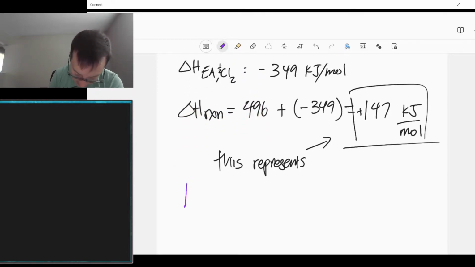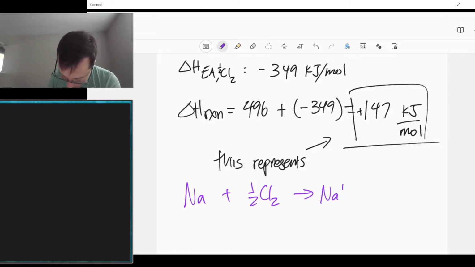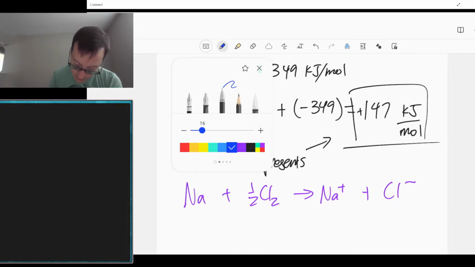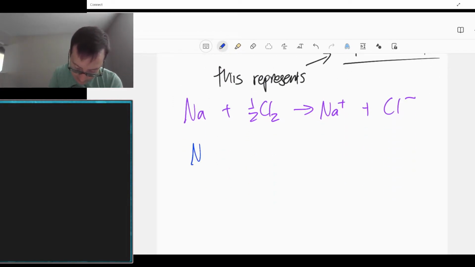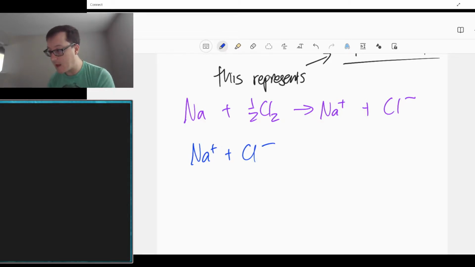The equation that this one represents is having these ions separate. And so we see that there's also an energy to put these guys together. And that energy